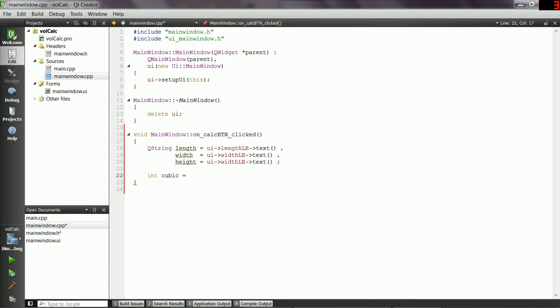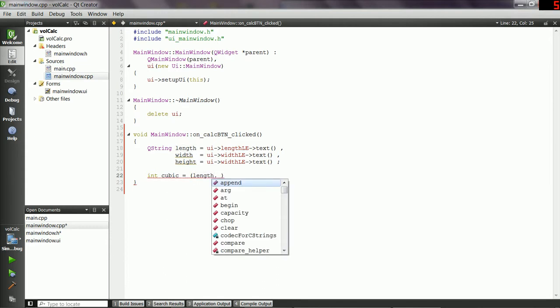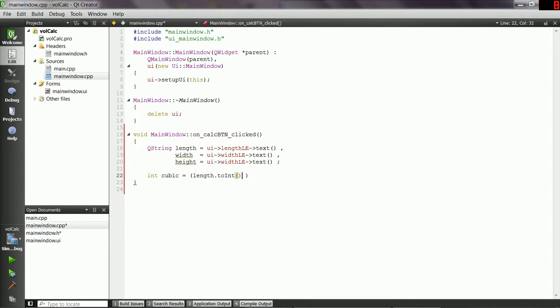So cubic is going to equal, okay, and I'm going to use parentheses so that it's easier to see that I'm multiplying 3 distinct items. And we're going to get the length, alright, length. We just declared length right there, alright, and we're going to use a dot, and we go to 2, and we see all the 2's here, there's more, and we go to int. It's a function, and at that moment, length.toInt is actually an integer value that is the length itself. And we're going to multiply that times